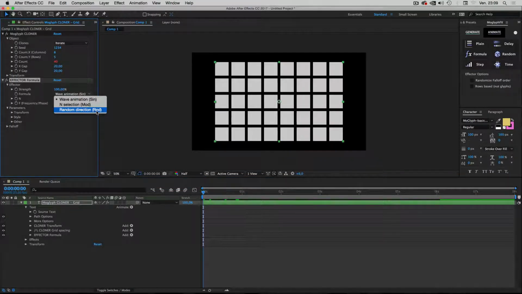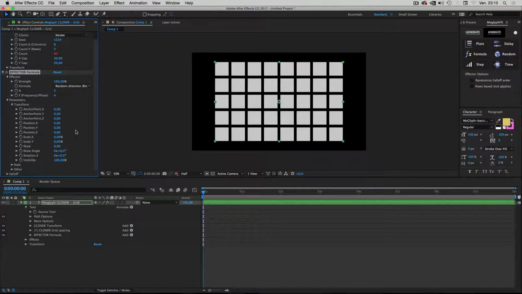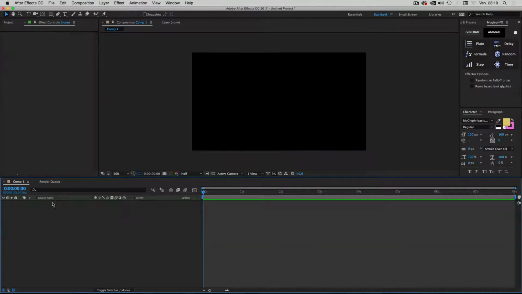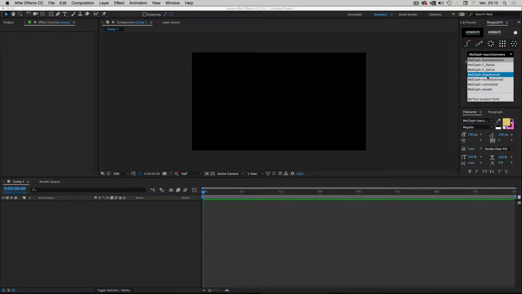and it's based on random function, I click on it. Of course, since there aren't any parameter here that have been set, I can go in the transform, and in the random direction I can choose the rotation. But the problem is that you won't see any change because the glyph I used here isn't a good one to demonstrate this. So I will create a new grid from scratch, and this time I will choose a directional